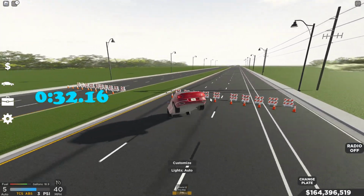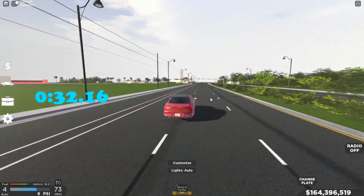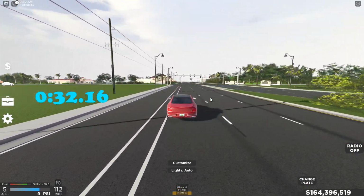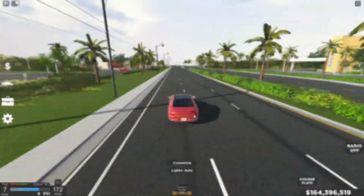That's the time for this car. And it's not bad, honestly, compared to the other cars. I mean, this thing has probably a 29-second time, if I were to guess. I don't see the timer up on the screen because I have to go into editing and do it. But I think it's pretty good. Now, why don't we go out and get...